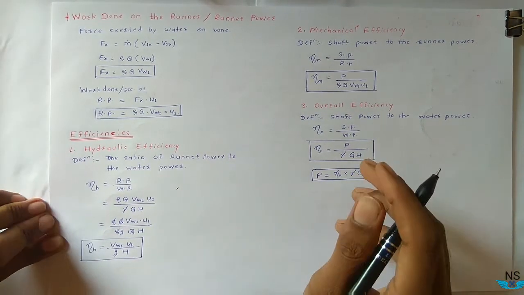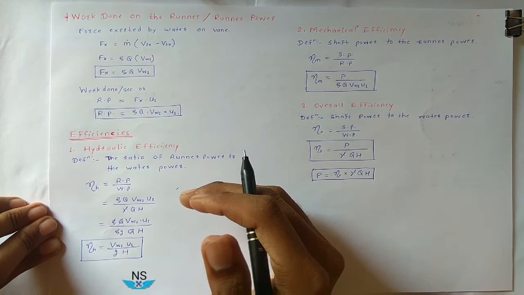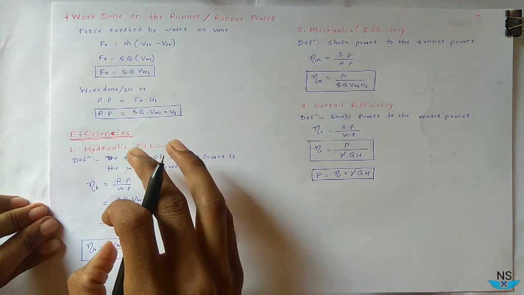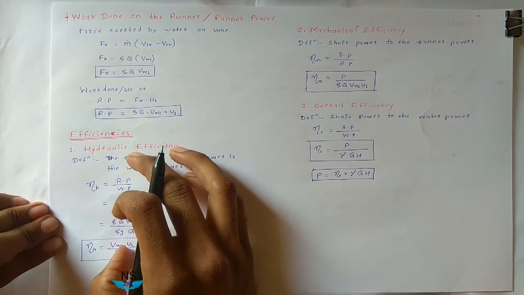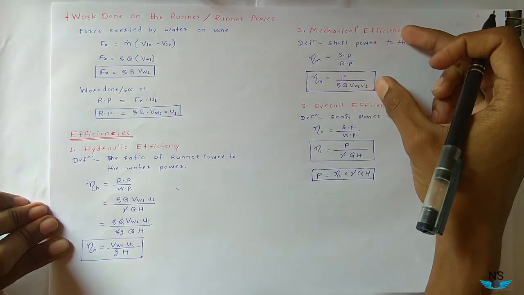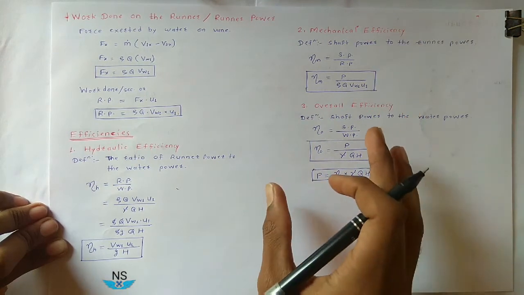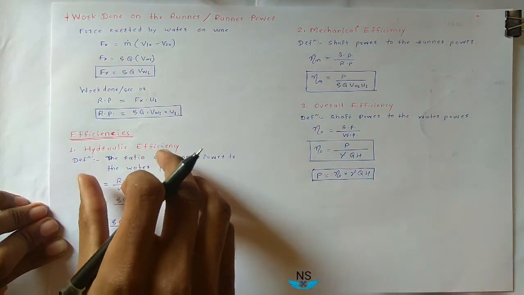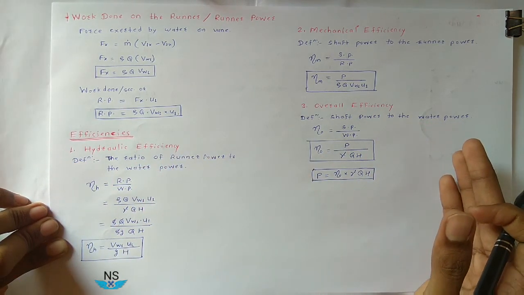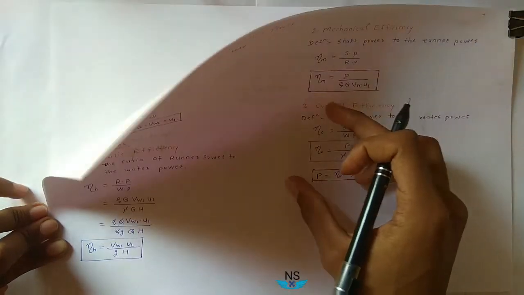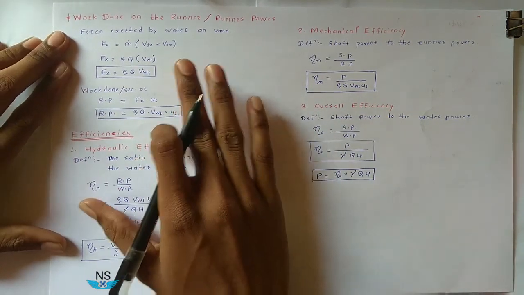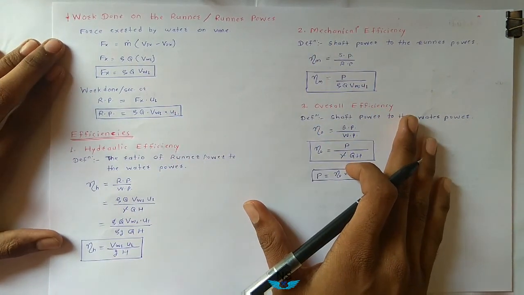As you know, we supply water to the turbine and the runner generates power. In that section you consider hydraulic efficiency. From runner outlet to the shaft outlet you consider mechanical efficiency. And if you have to consider overall efficiency, then from supply water to the outlet, that is the shaft power, in that total section you consider overall efficiency. So these three are the efficiencies of the modern Francis turbine.